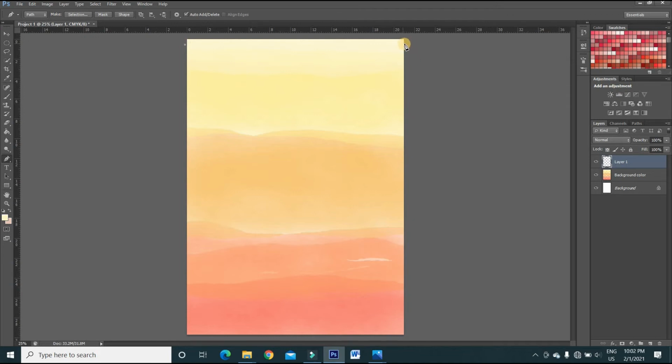So for creating the first point, I will click the left button once, and for the second point I am going to create the second point over here. Now when you want to create a curved line, you have to press and hold the left button. So just press and hold the left button to create a second point, and do not release the left click, just hold the button and move the mouse a little to create a curve. And after you get a satisfied curve, just release the button.